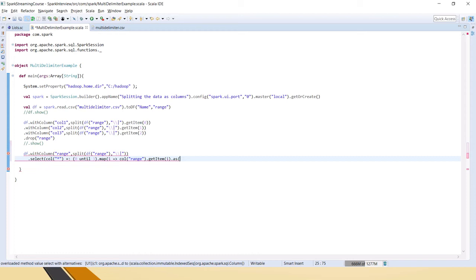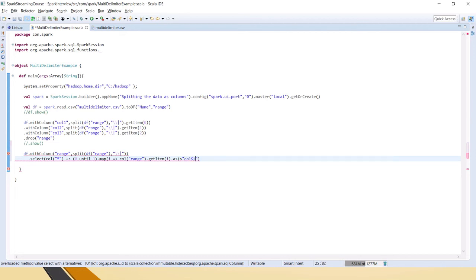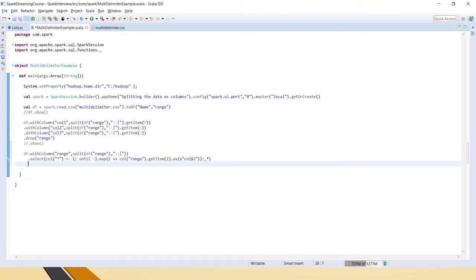So now instead of hard coding that, what we are doing is string formatting. If you use s before this double quote, it means it's string formatting. So we are saying that for every i it will create column 1, column 2, column 3, something like that. Okay, so now let's close this, and you do it for all. How many are there, right? You do it for all, and then close the brace. Then we have to drop the range and then show it.